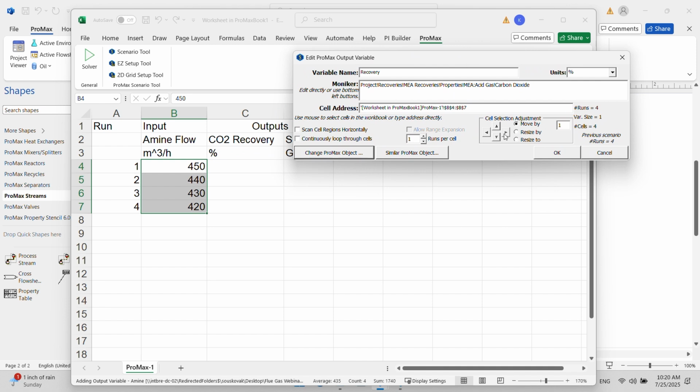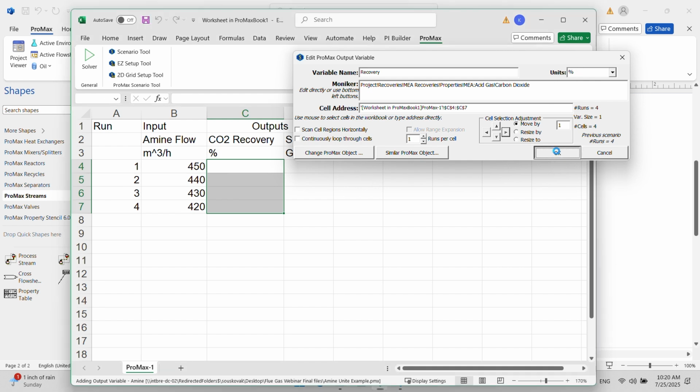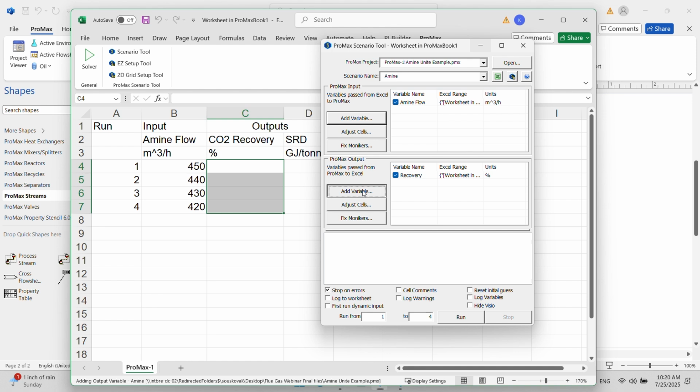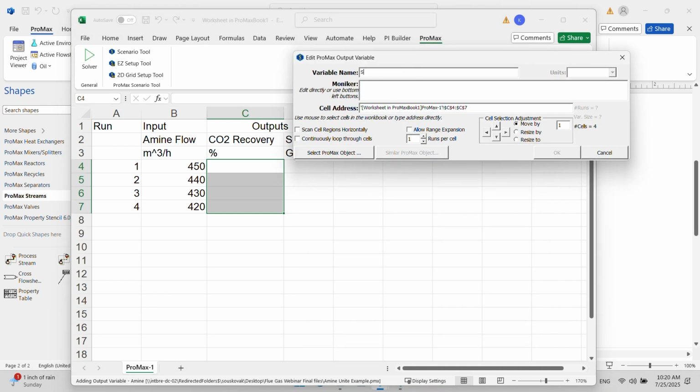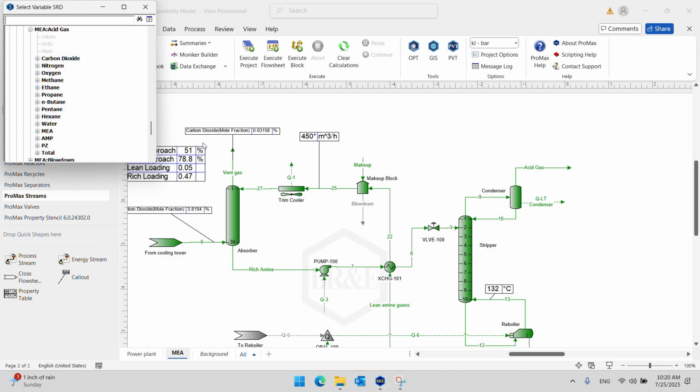I can just click the set selection adjustment and it's going to move it over to the right. Percentage, that's okay, and I'm going to click OK. And the last variable is going to be my SRD. I'm going to click Select ProMax Object. Remember that this SRD is something I created a user